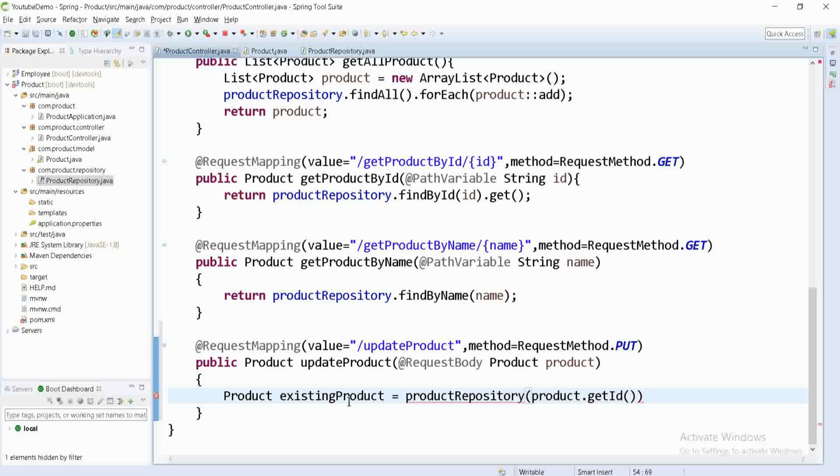If it is able to find it, meaning if a product exists with this ID, then it's okay. If not, then we are going to return null.